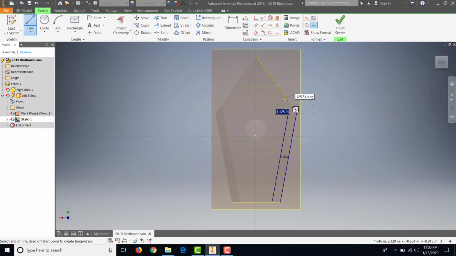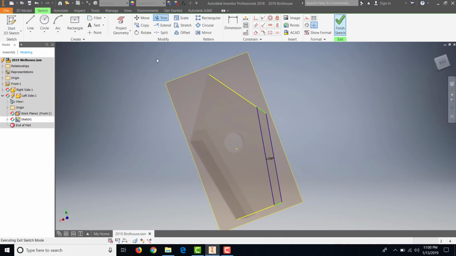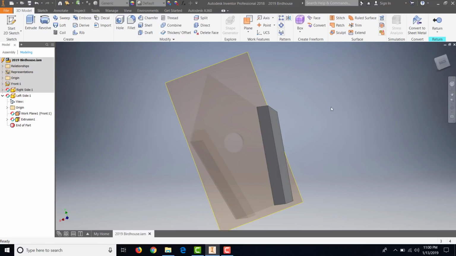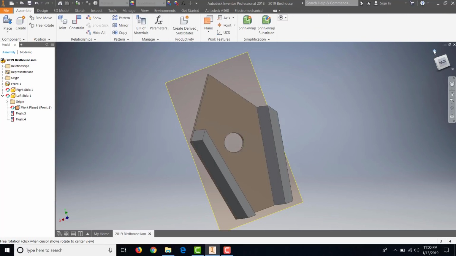I'm going to use my line tool along the top edge, my line tool along the bottom edge, extend top, extend bottom, trim top, trim bottom, and finish the sketch. Go to extrude. Remember, we made it 4 inches, so we're going to make this side 4 inches. Click OK, and return. Hit the home button,